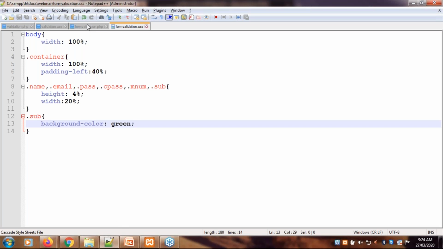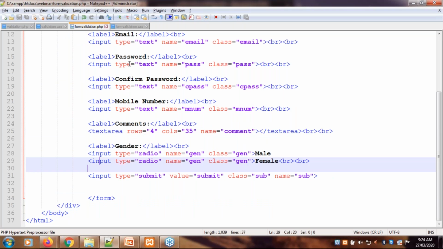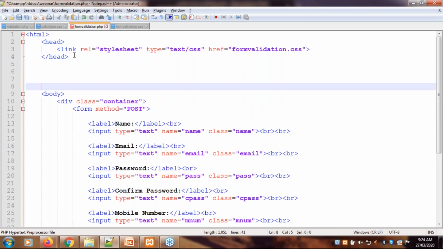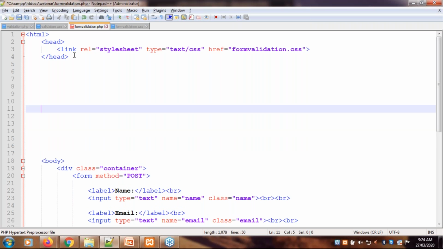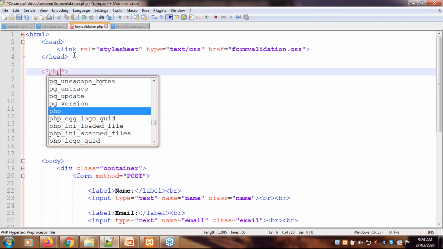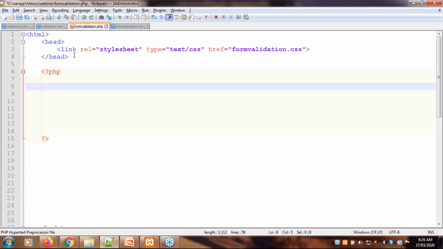Now next, the main part is validation. We have completed our designing part of the form and styling, right? Now next we want server-side validation. For that, either you can create an external PHP file or you can write the validation code just above the body. For validation, we have to write the PHP start tag, question mark PHP, and end with the question mark closing sign.